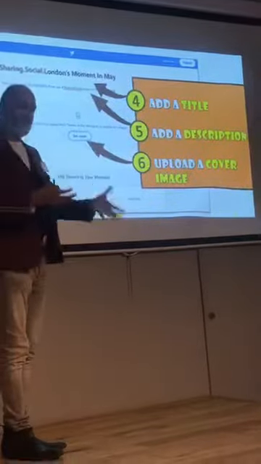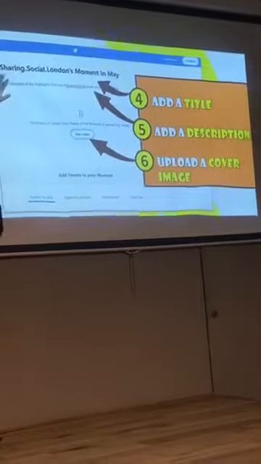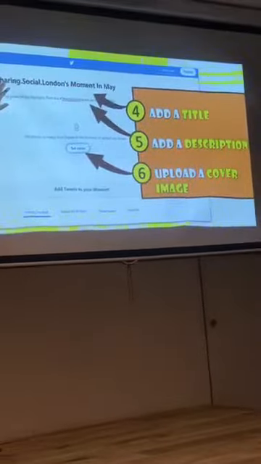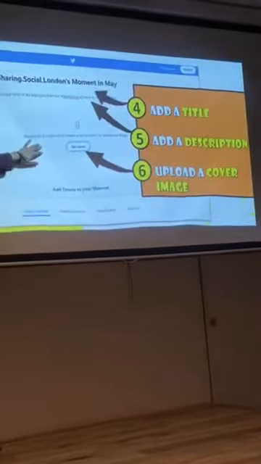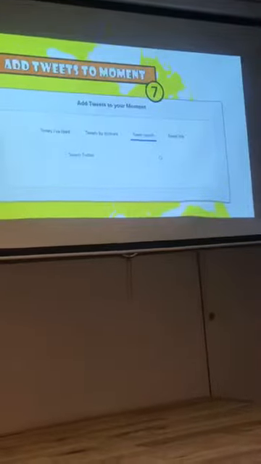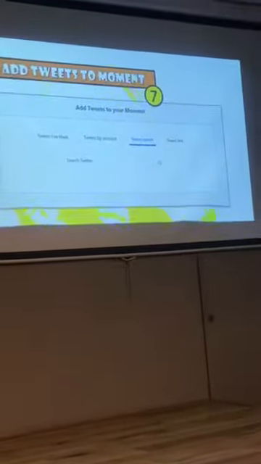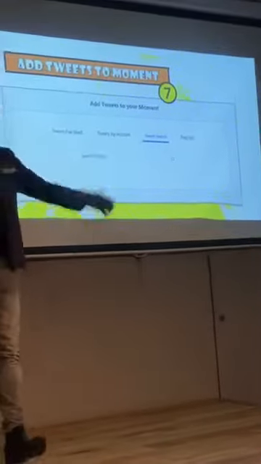This makes their app a bit less cluttered. So you do that, you add a title, whatever you like. You've got a chance to write a description, and then you can set a cover, put an image up there. And then add tweets. You can put the hashtag in there, so hashtag sharing social, hashtag whatever, or just search